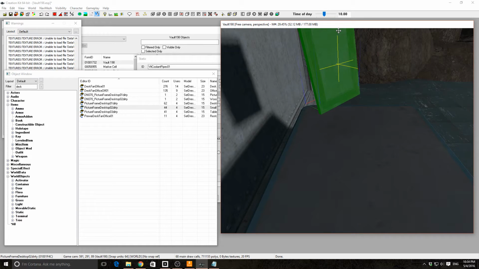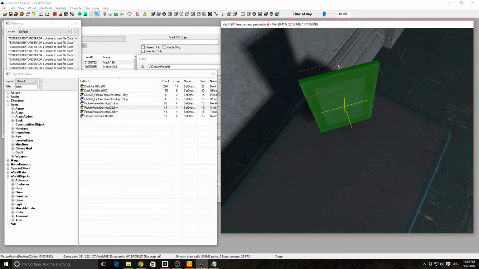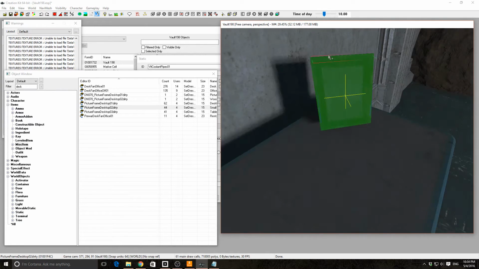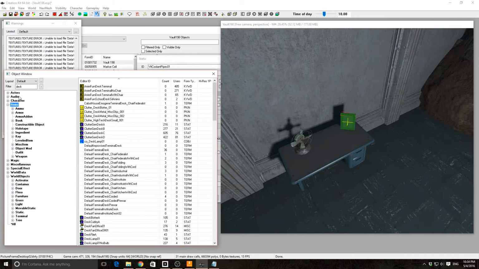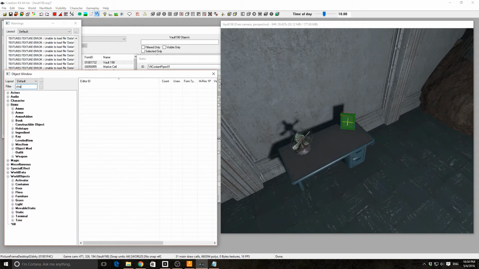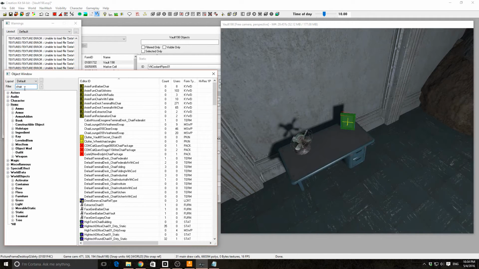Move that up, snap it down. Okay. And we come back here and say, okay, I want a chair. Now, normally what you would do,